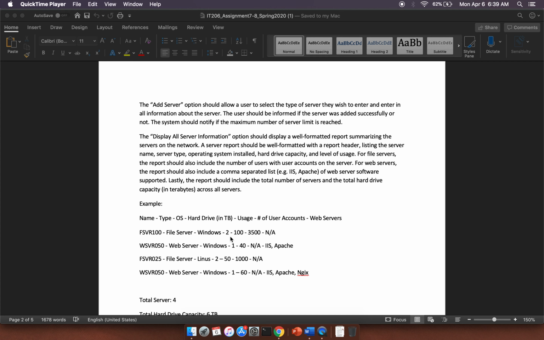I'm not sure exactly what this 212 stuff is, but at any rate, the hard drive size would be in there. Maybe that's 2 terabytes. And then the usage, well, no, I don't know what this 2 is. So we'll just say that we have the name, the type, the operating system. I don't know what that 2 is, so forget that. The hard drive size, so 100 terabytes, and